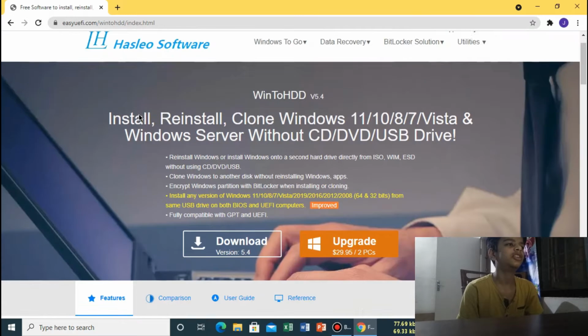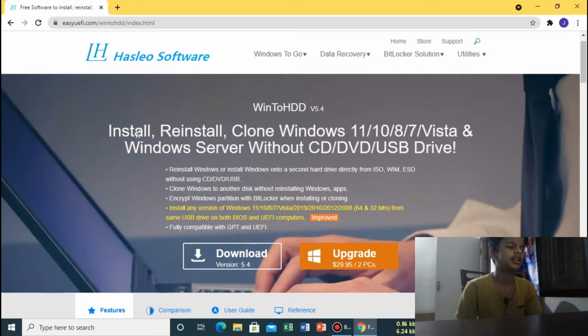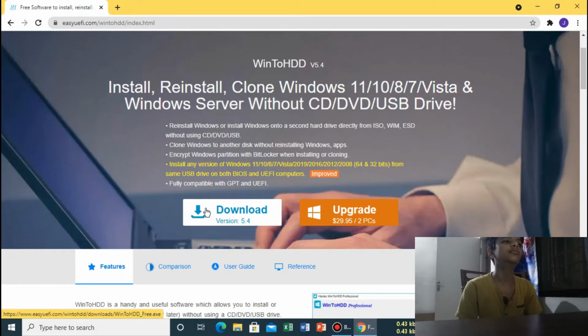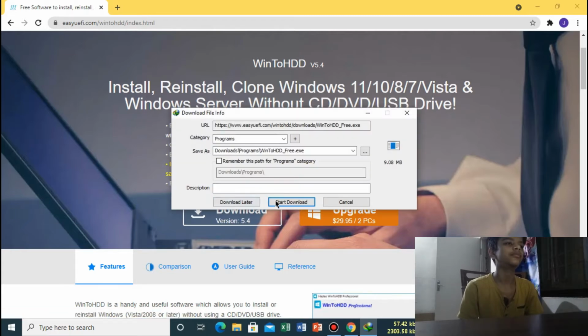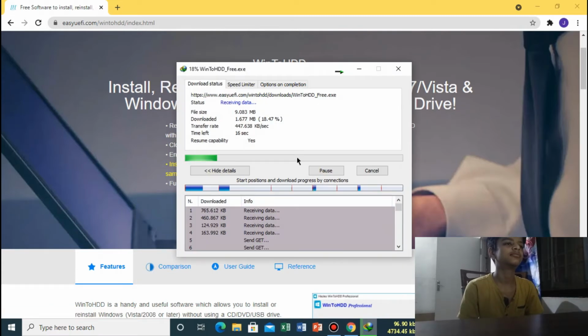We will do it only with the free version. You can see that you can do many things in this software: install, reinstall, clone Windows 11, 10, 8, 7, Vista and Windows Server without CD, DVD or USB drives. Now let us download the software. It is 9 MB.